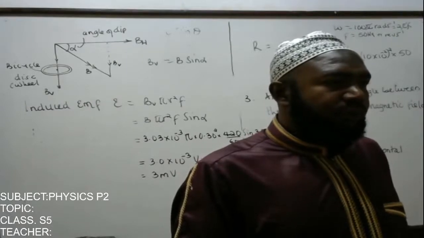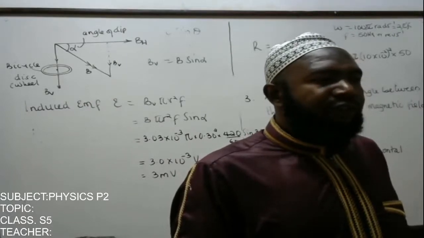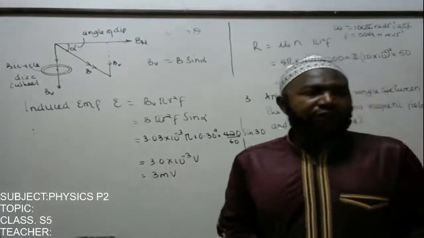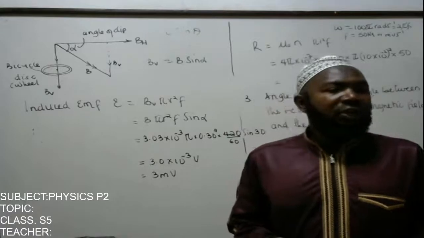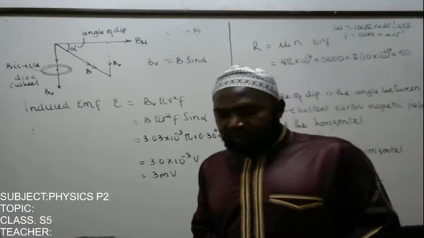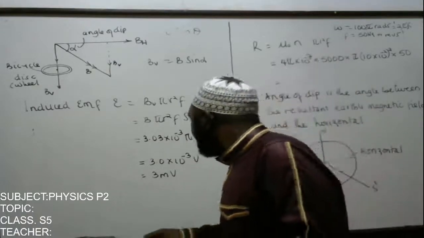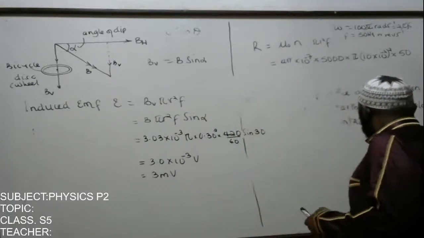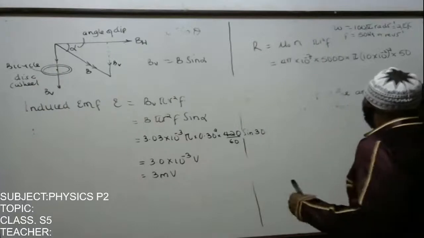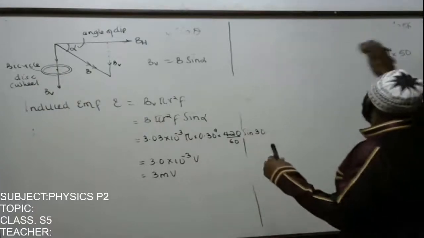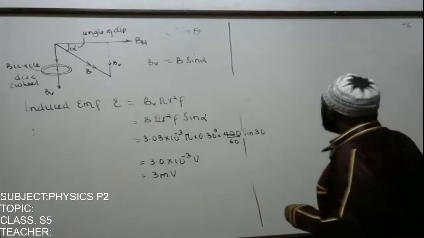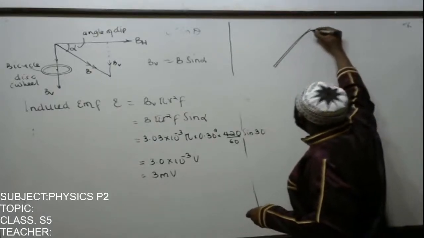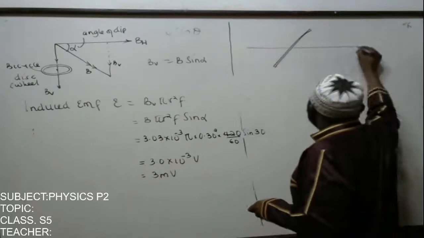Activity 2. We did activity 2 after handling induced EMF in a rotating coil. And we said when we are handling induced EMF in a rotating coil, that if this is our coil, and this is the magnetic field,